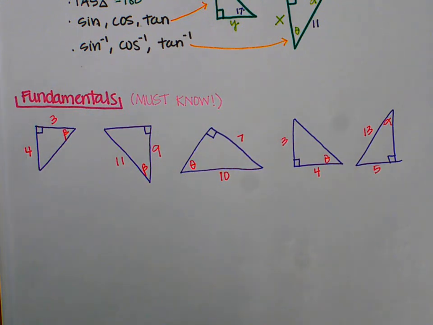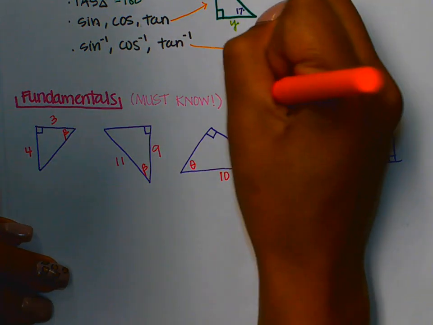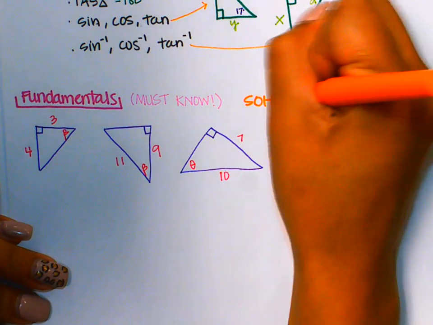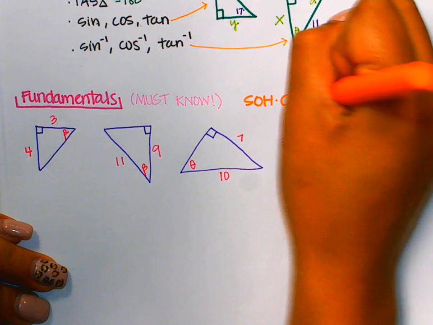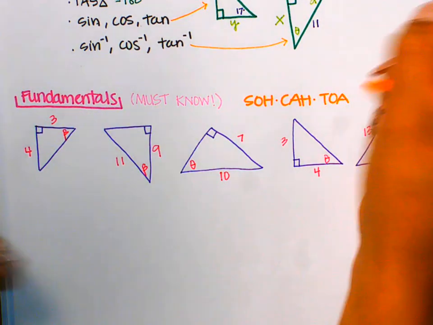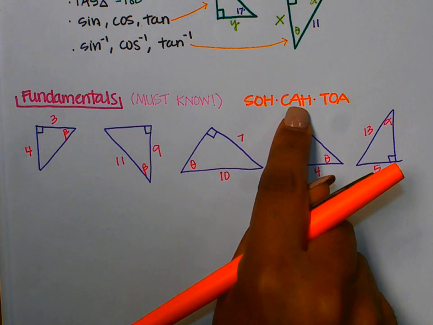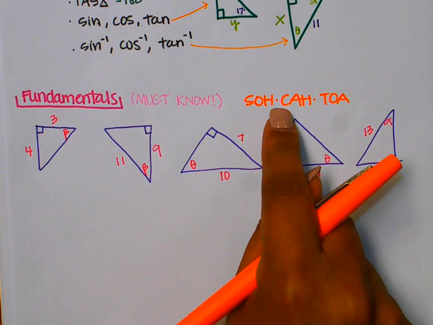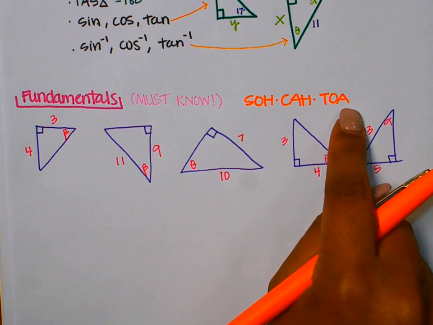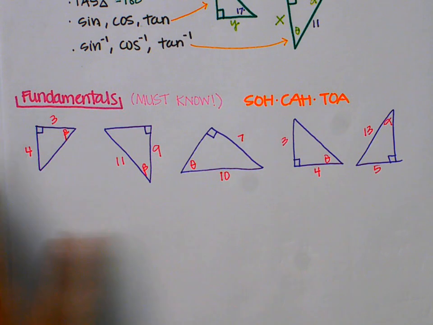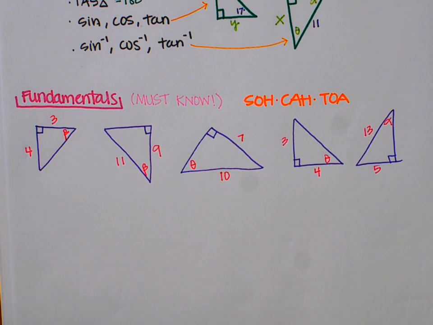The first thing I like to do when doing these is I like to write Sohcahtoa. This is my little cheat sheet. This will tell me opposite, hypotenuse, or whatever the case is. If I have an adjacent and hypotenuse, I'll be using cosine. If I have opposite and adjacent, I'll be using tangent. So for this part, I just want you to set it up for me, but you're not actually solving for anything. Looking at the first one here,